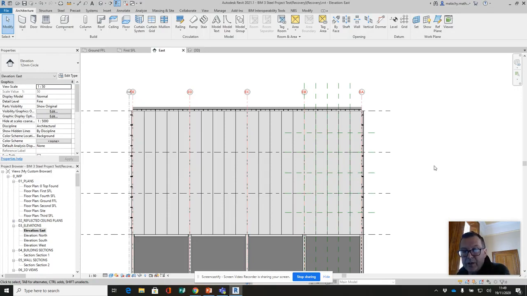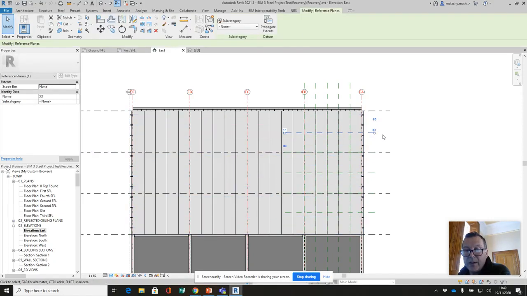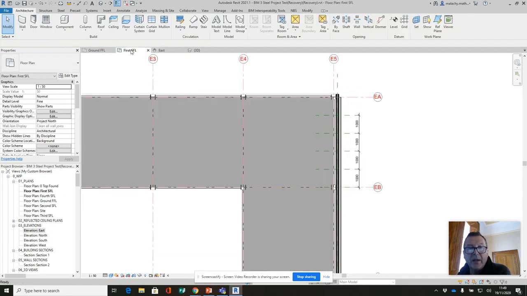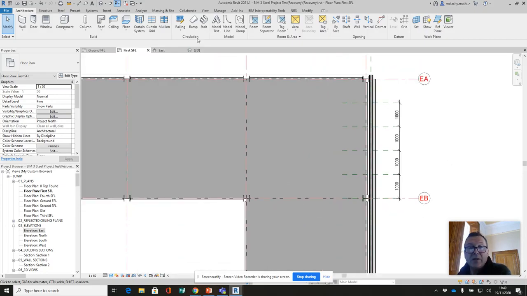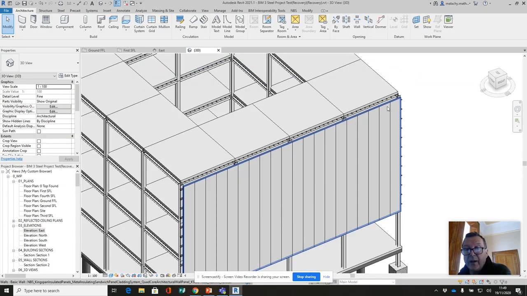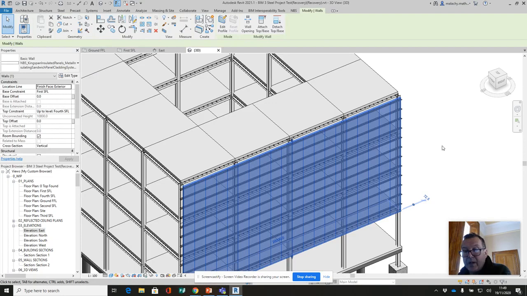And the first part of preparation to do this is that I need to create some reference planes. So what I've done here is you can see that I've created vertical reference planes and horizontal reference planes, and I've actually named each one of these here. That's important that that happens. I'll go over to the first floor plan view. It's important that the reference plane actually comes right through the wall here as well, because the split actually happens on the reference plane. So let's go into a 3D view here, and I'm going to pick the wall, and